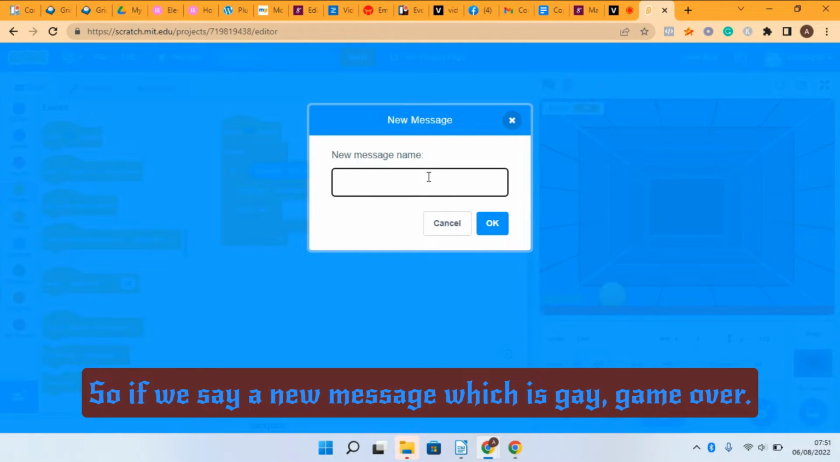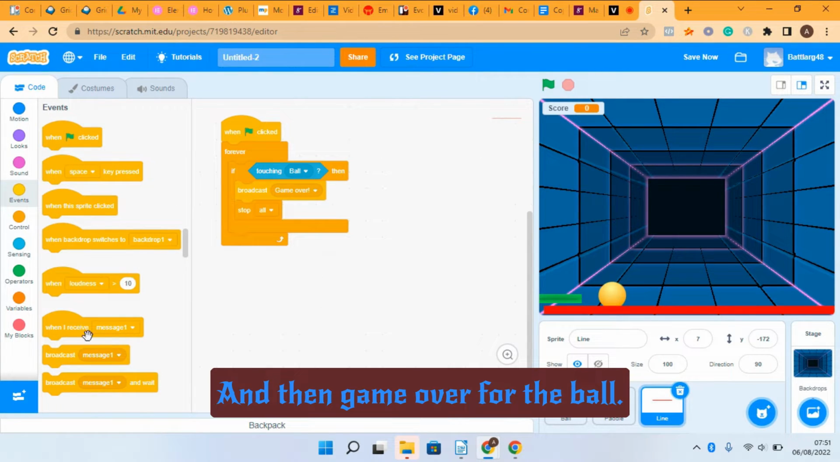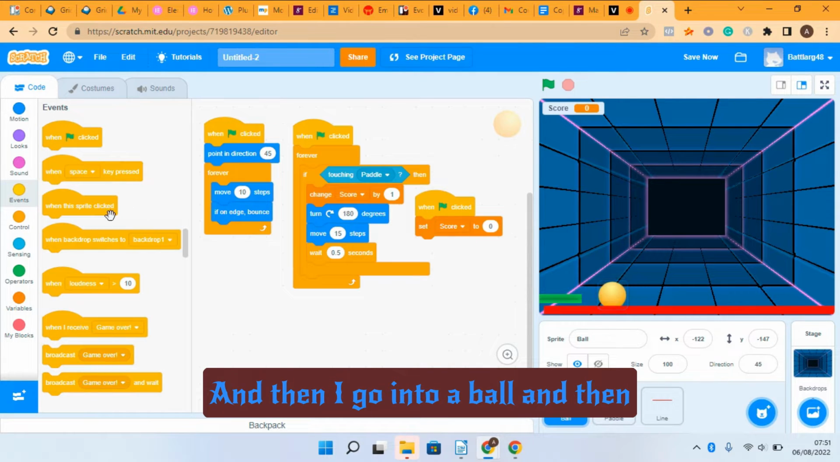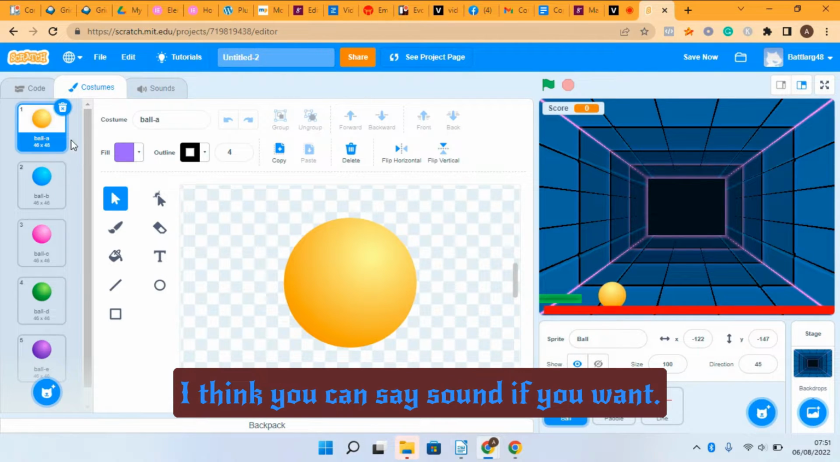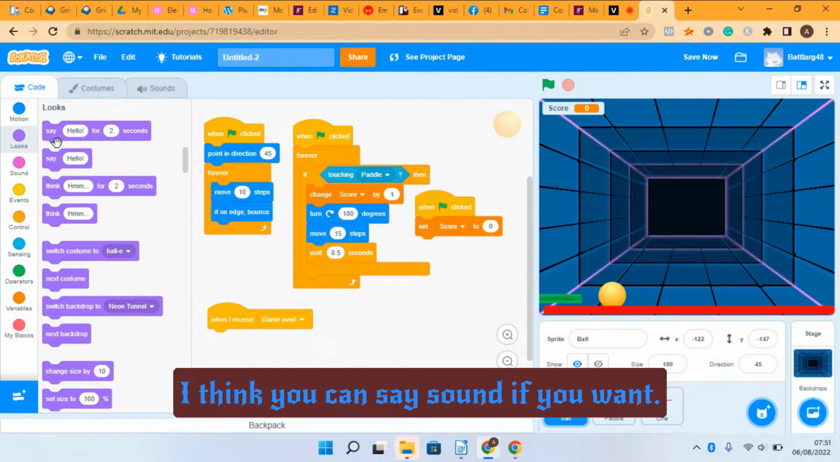game over, okay, and then game over for the ball, and then I go into the ball, and then when I receive game over, I go into costumes, I think. No, looks, say